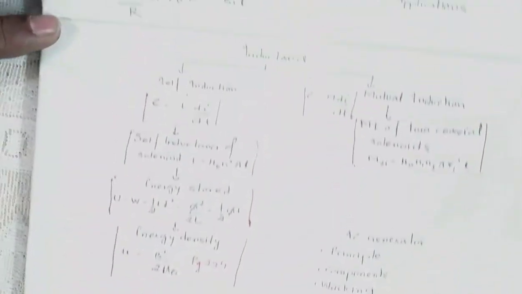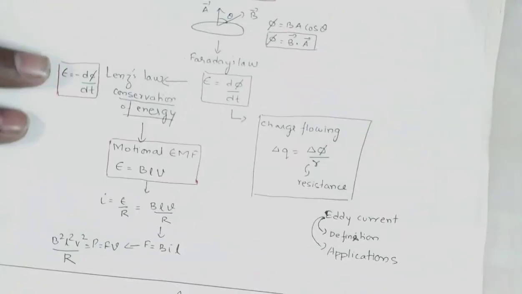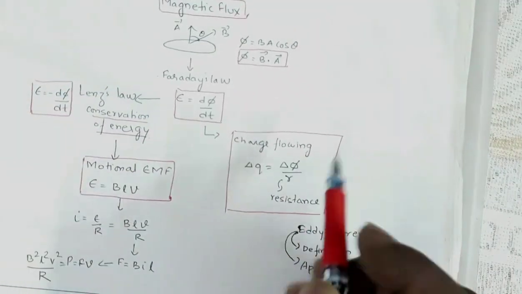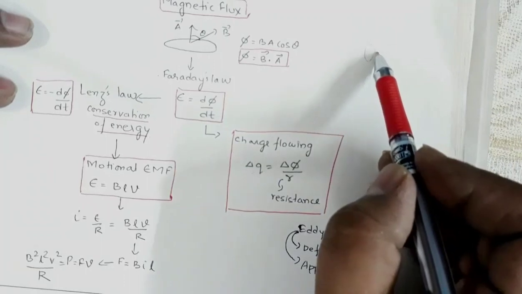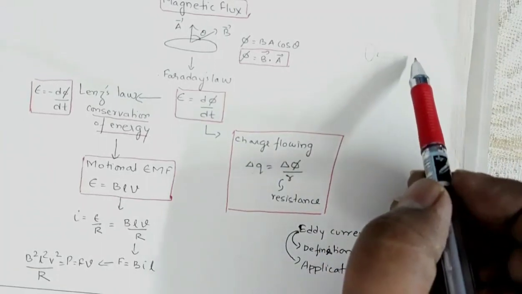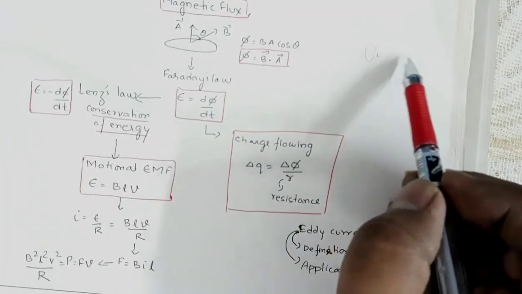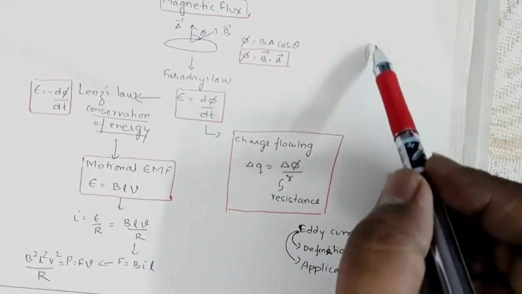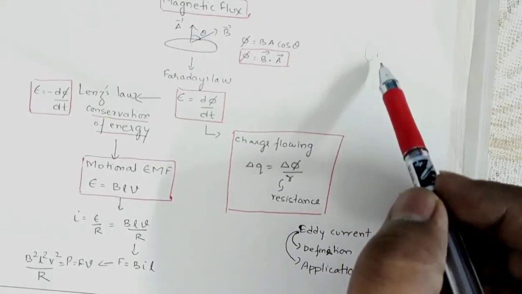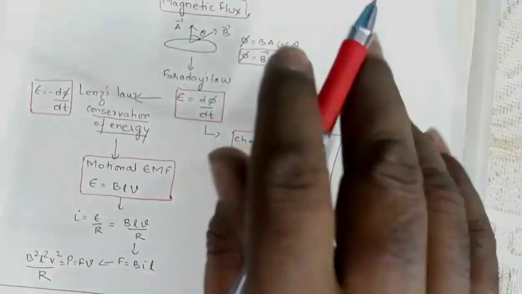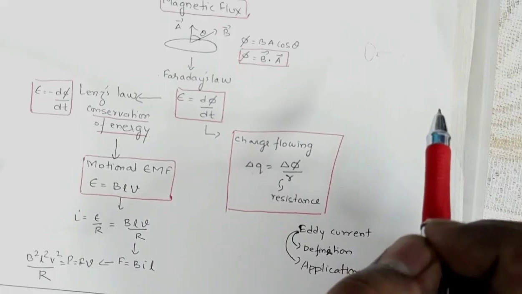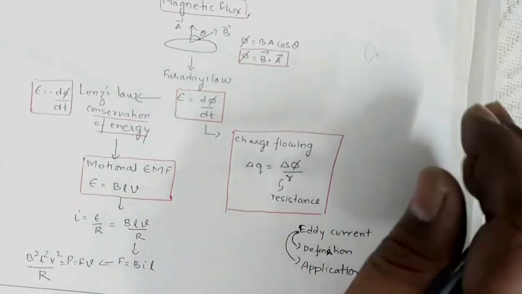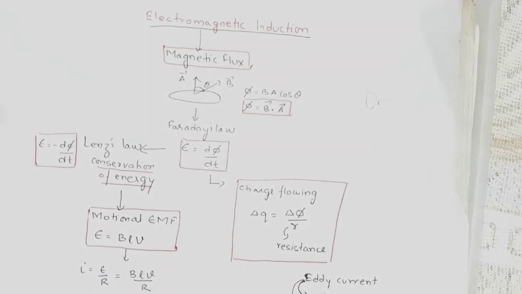These are the things you must not miss out. And one more thing, if you are having doubts regarding a coil and a magnet moving in front of the coil, towards the coil or away from the coil, and what will be the direction of current or direction of induced EMF, clear all these concepts. You must not have any confusion with regard to the direction of current and direction of induced EMF. Those things are very fundamental and you must not commit mistakes on those things. So these are the things you must go through.